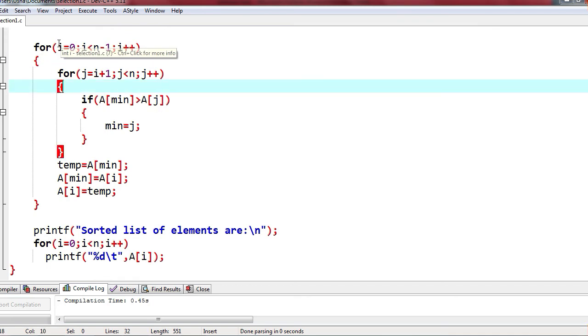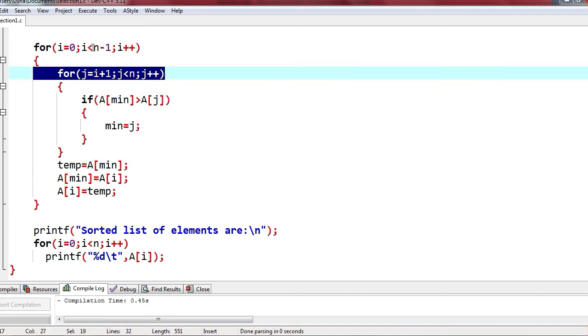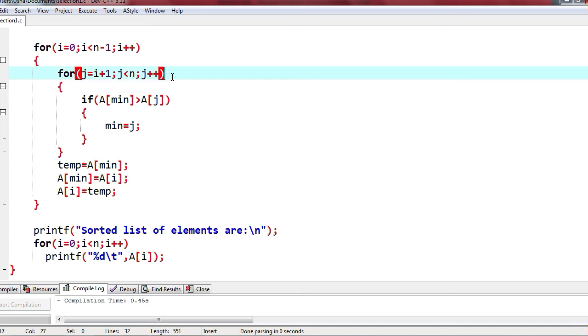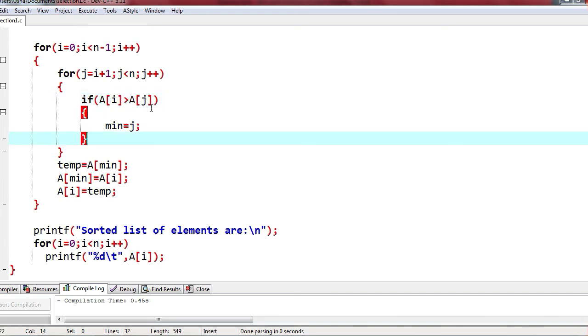Here again the loop conditions will not vary. For i equals 0, i less than n minus 1, j is i plus 1 and j should be less than n. Loop conditions will not vary. Here instead of comparing min, I am comparing: is a[i] greater than a[j]? That is, the element at position number 0 is compared with all the elements from 1 to n.